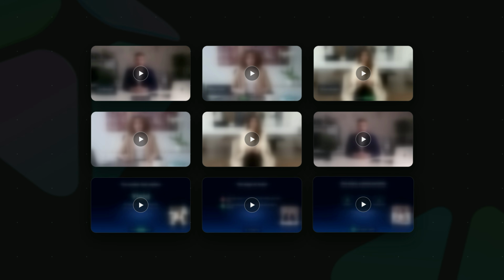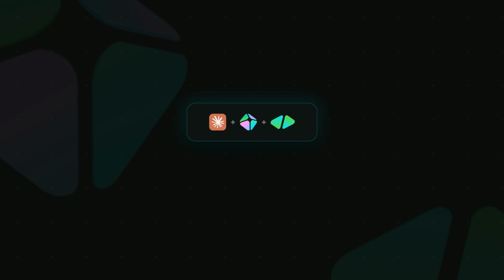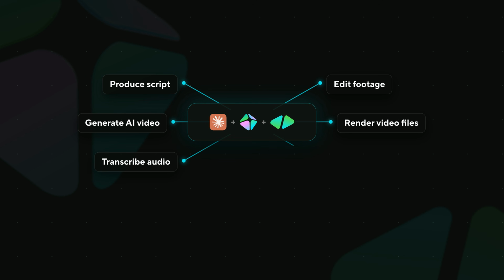Okay, so you've learned the basics of creating and editing with your AI agent, but you'd like to edit not one, not two, but three or more videos using the Hyperframe skill. Well, fortunately for us, AI is capable of completing multiple tasks simultaneously, allowing you to focus on the bigger task